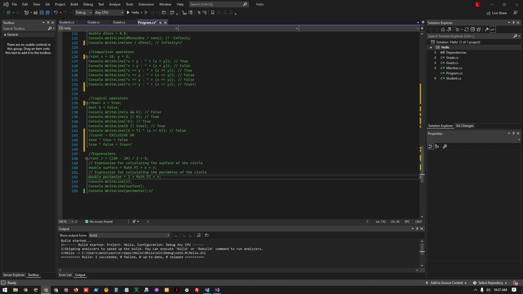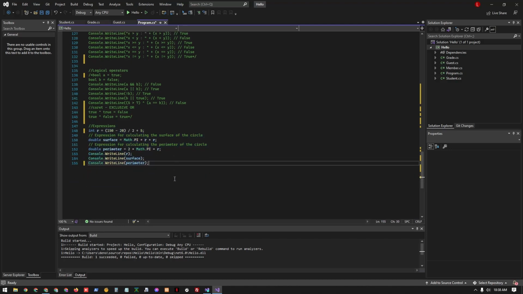A certain value or calculated value based from the operators used. So again, expressions are sequences of operators, literals, and variables that are calculated to a value of some type. So an expression always returns a certain value. So like for example here,